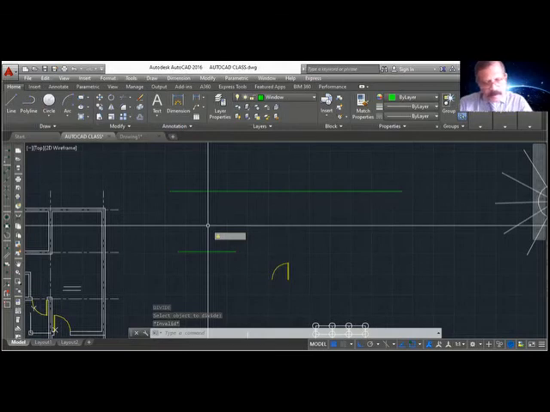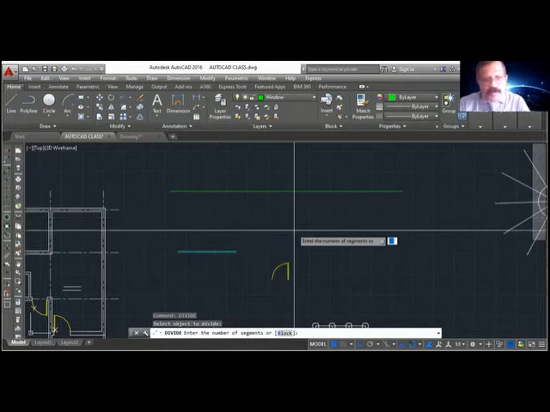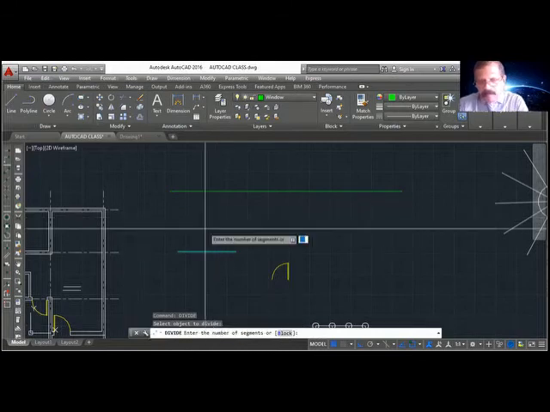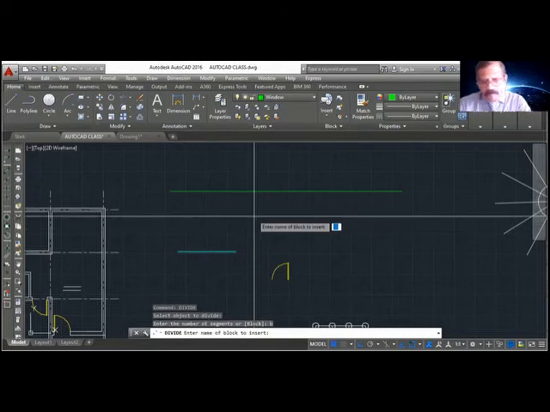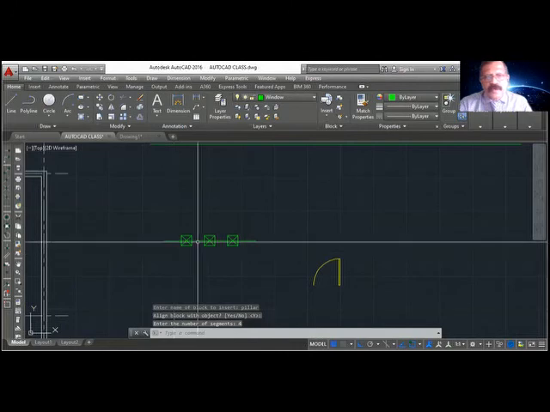Divide, select object, block. I don't want to divide with the points. I want to divide with block name pillar, enter. Align the block, yes. Number of segments, I want it divided into 4 equal parts, 4. See here, 1, 2, 3, 4 segments.